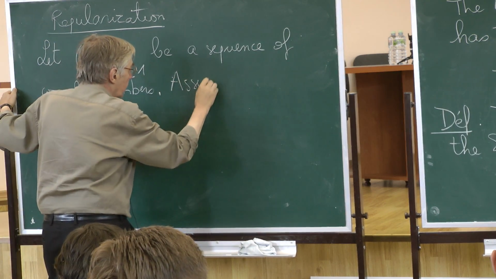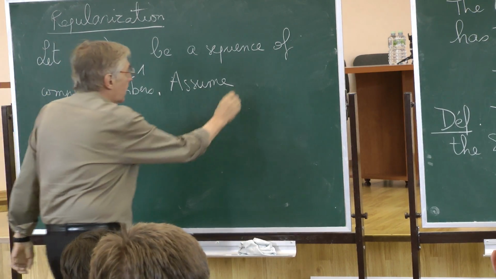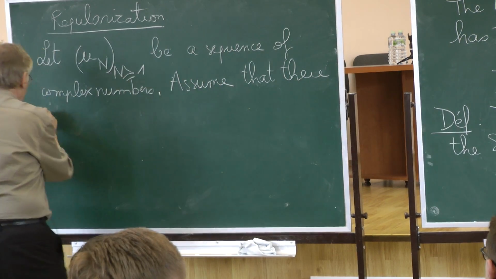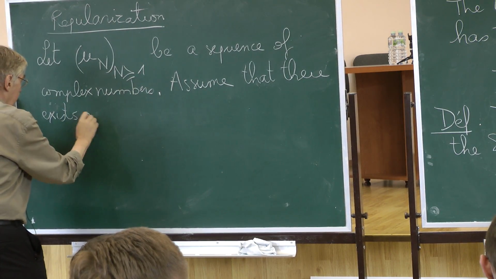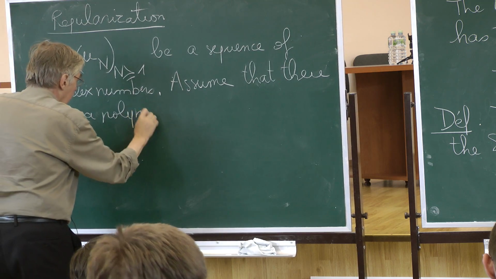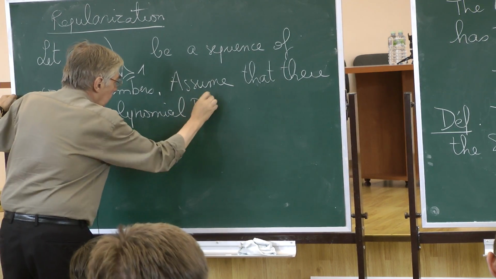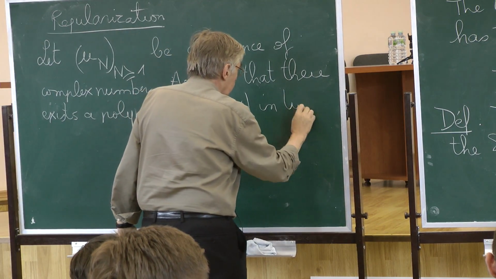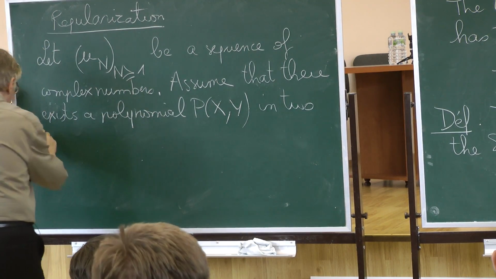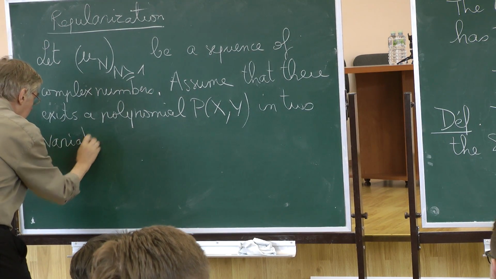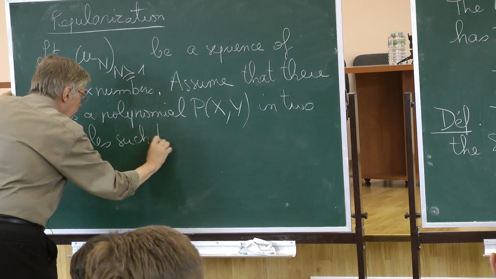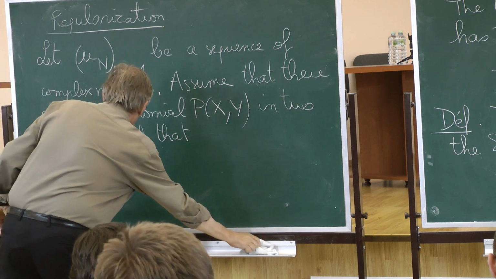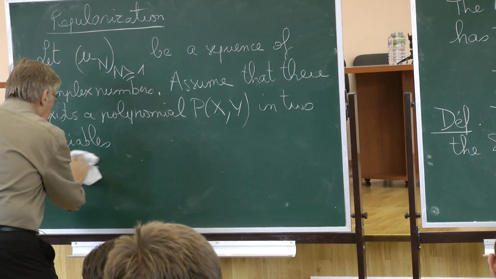Assume that there exists a polynomial P of x, y in two variables, without constant term, such that